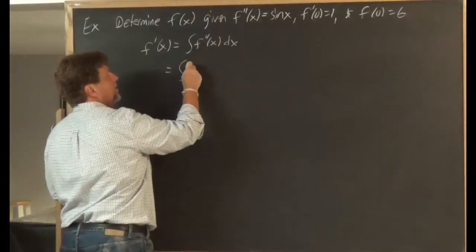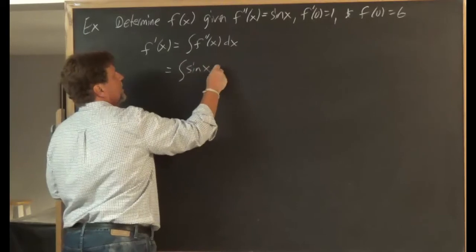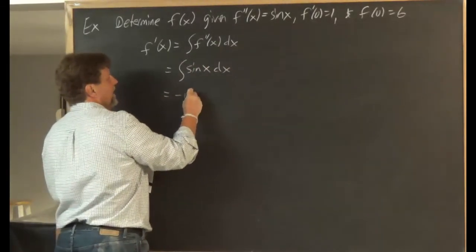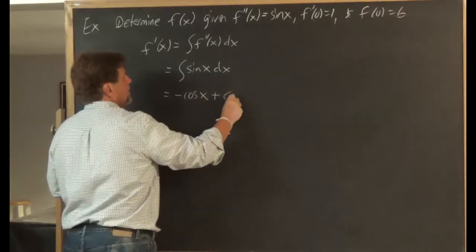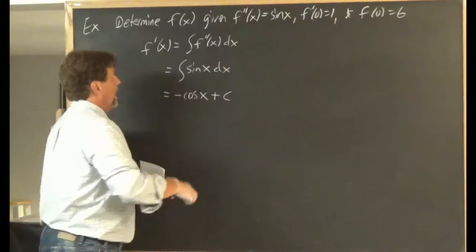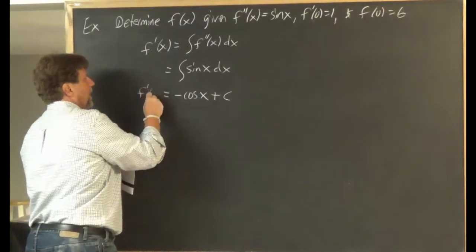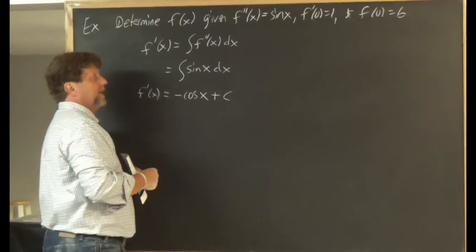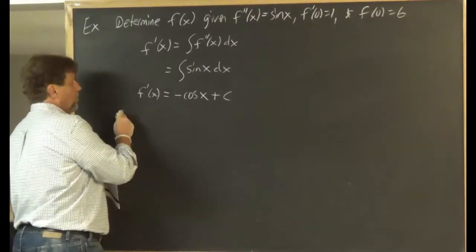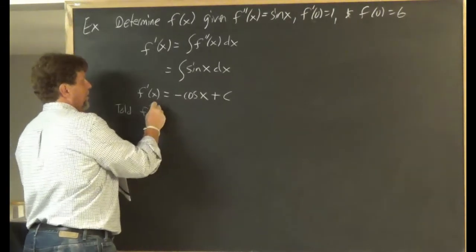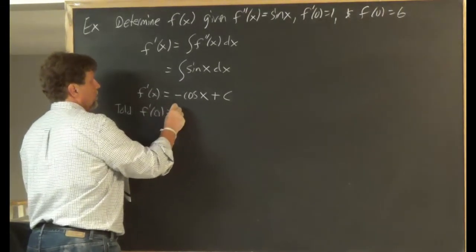So, well, since f double prime is sine x, we need to come up with an antiderivative for sine x, which we know is negative cosine x. Don't forget the plus c. And so here's where we're at. F prime of x is equal to negative cosine x plus c. But since we are told f prime of 0 equals 1,